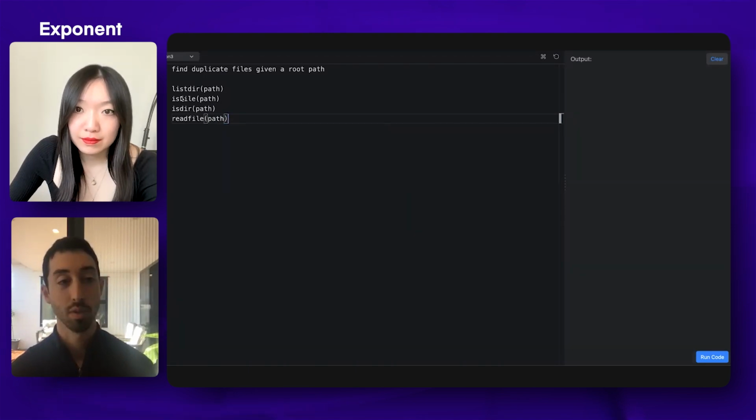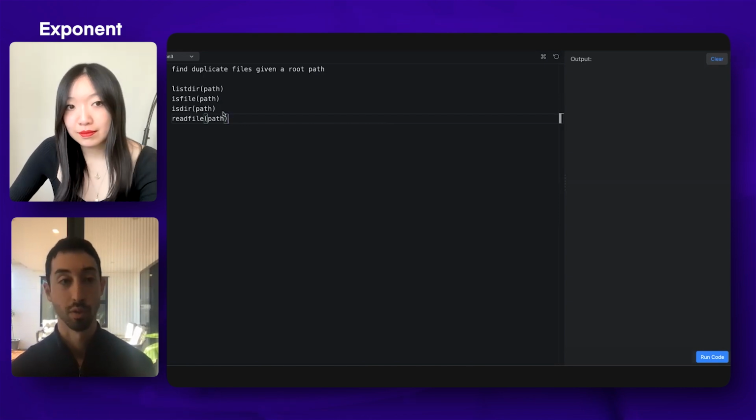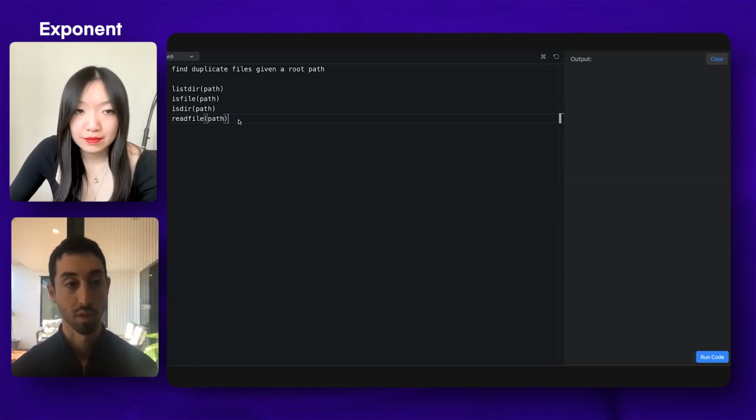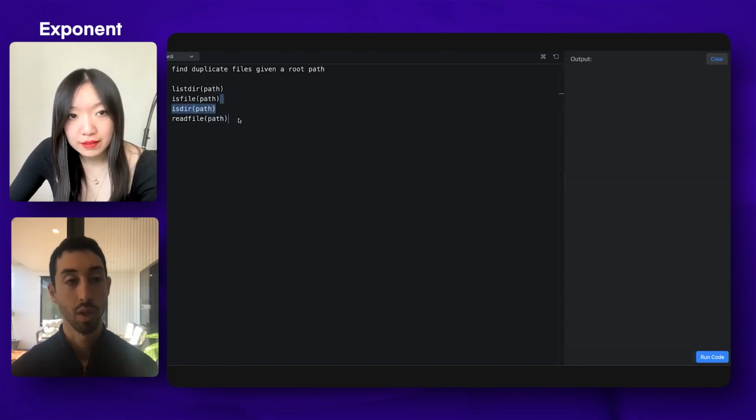I think that's very similar to the Python library functions that I have, at least the first.